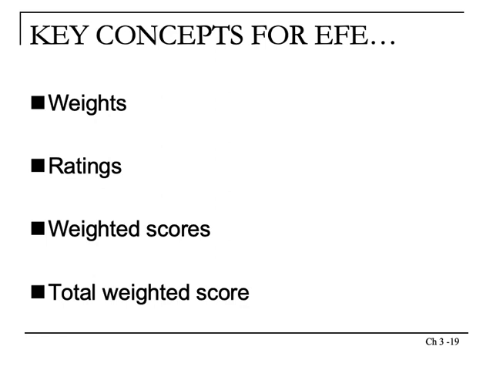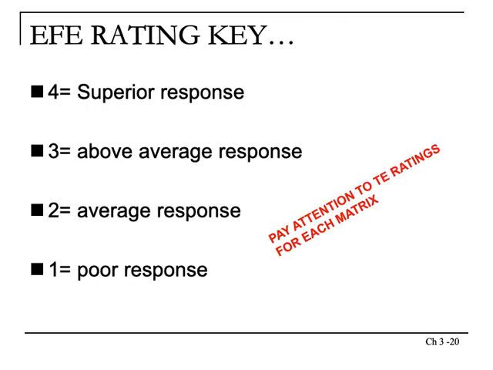So when you are doing your cases for presentation, you have to construct these things from scratch. You have to do an EFE from scratch, which means you have to do your PESTLE analysis. You then pull out the major opportunities and the major threats to put into the OT of your SWOT. And then you determine for your EFE which factors are the most important. So in the EFE, you have weights, ratings, weighted scores, and total weighted scores. So let's look at them.